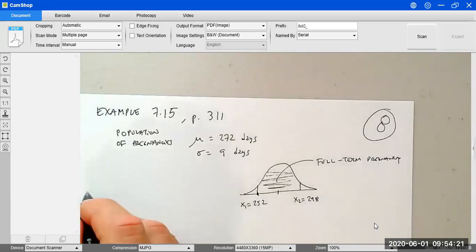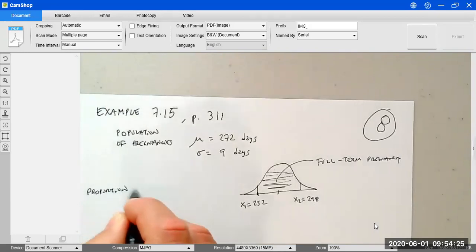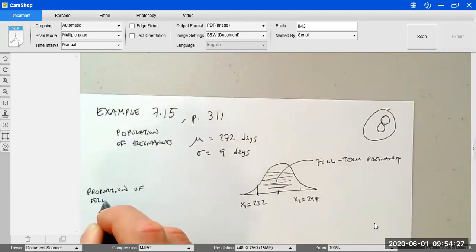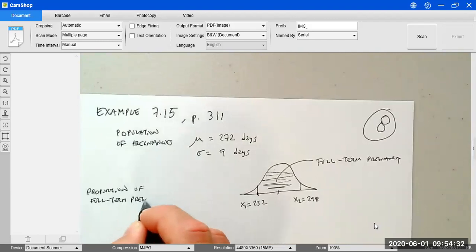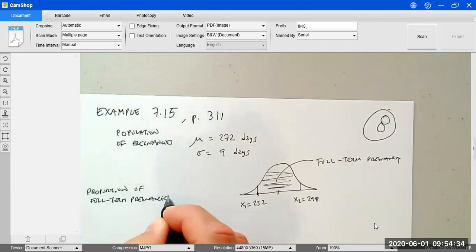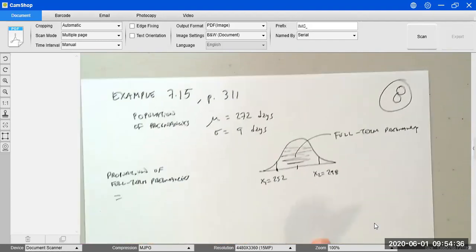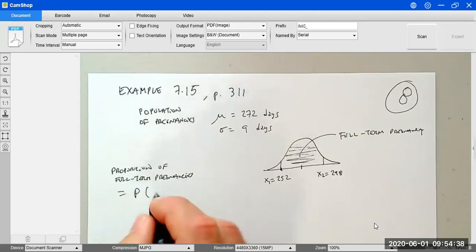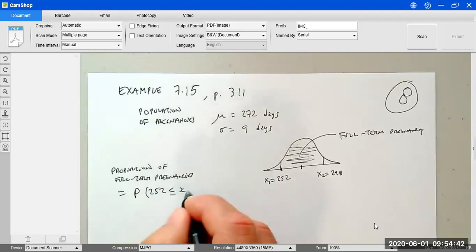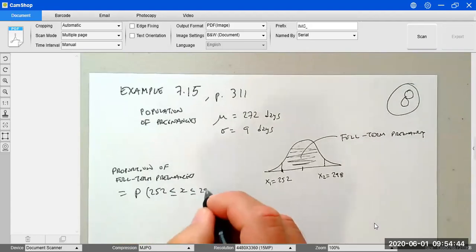So that's the proportion. So the proportion of full term pregnancies is going to be equal to the probability that x is between 252 and 298